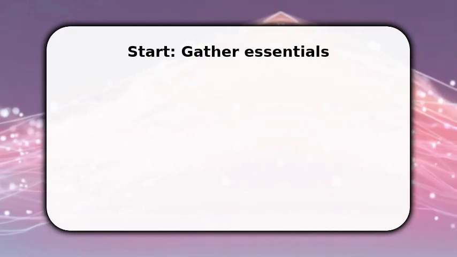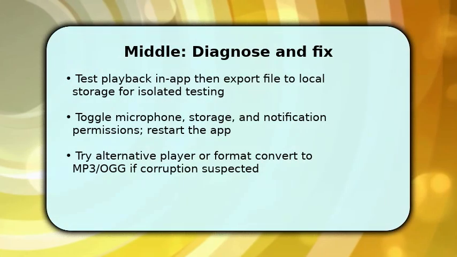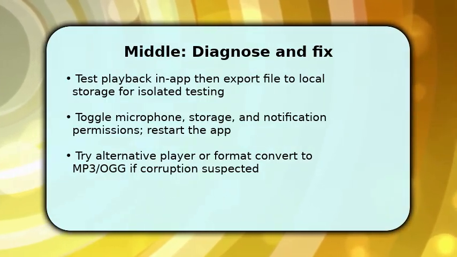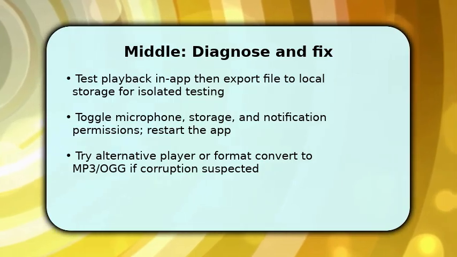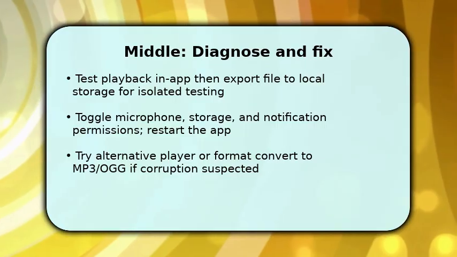Now open the app and navigate directly to the voice message thread to start targeted fixes. You'll now diagnose the core problem by isolating variables. First, play the message in the app. If it fails, export or save the file locally to test in a different player, because this separates app bugs